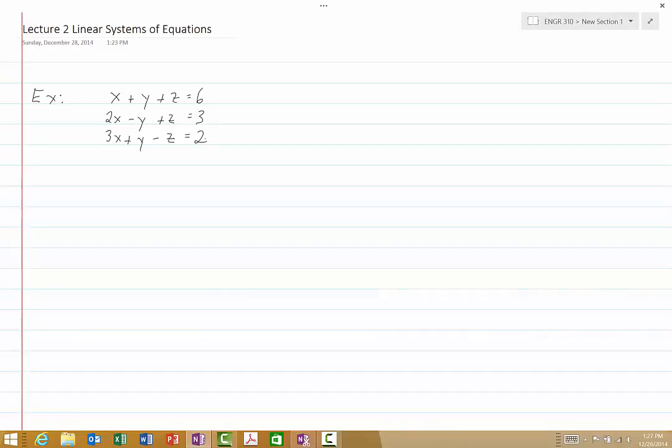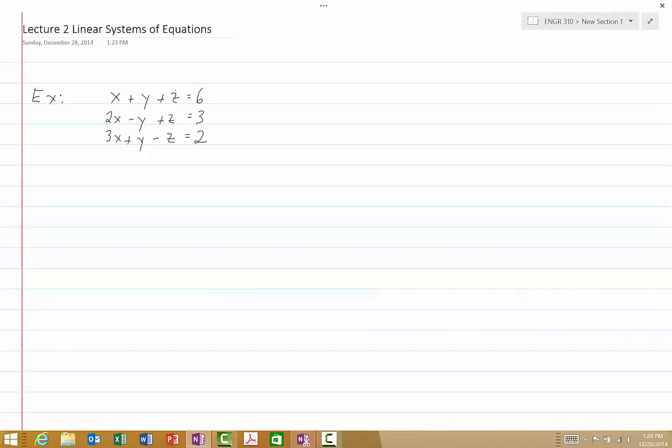Now, first of all, this is a system of equations, and these are linear equations. What we mean by that is that if you look at these equations, in every one of them, the unknowns appear only to the first power. We have x to the first power, y to the first power, and z to the first power. We don't have any other powers of the variables. We don't have the variables multiplied by each other. And so these are all linear equations, and we have 3 equations and 3 unknowns, and we expect, or we hope